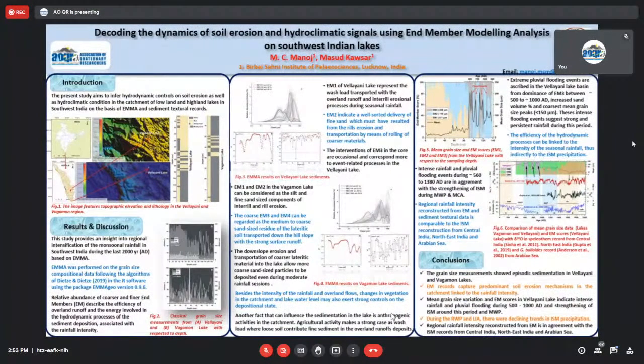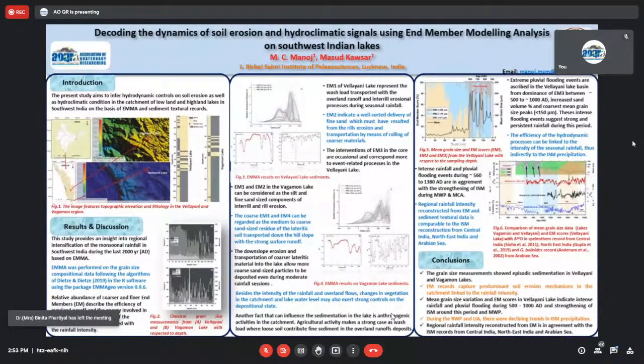So besides these things, the intensity of rainfall and overland flow, the changes in vegetation in the catchment and lake water may also exert a strong control on the depositional processes. Another important factor is the anthropogenic activities in the catchment. The agricultural activities make a strong case in the wash load, where loose soils contribute fine sediments in the overland runoff deposits. So we have